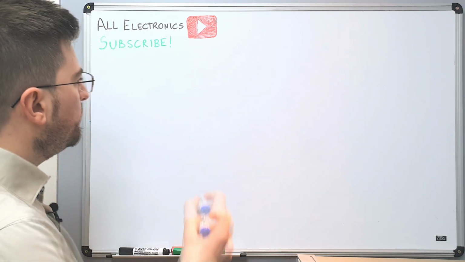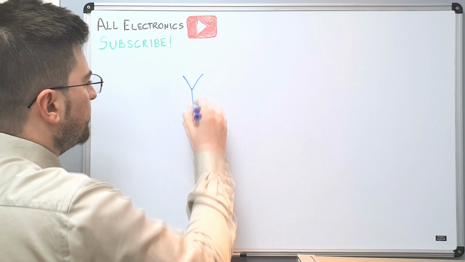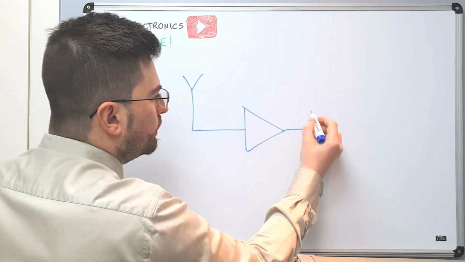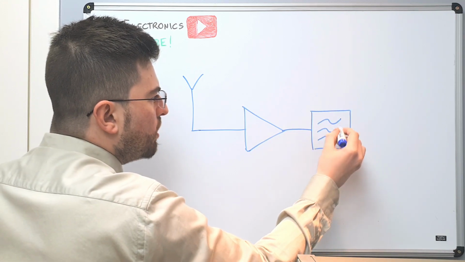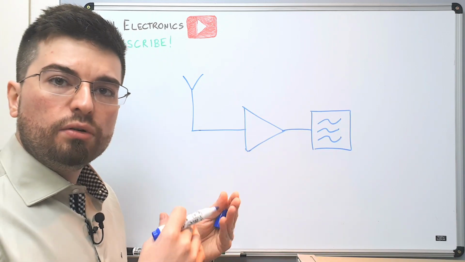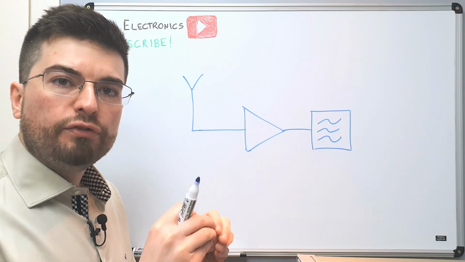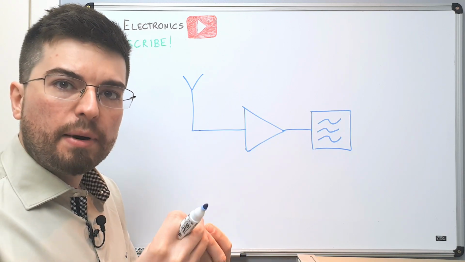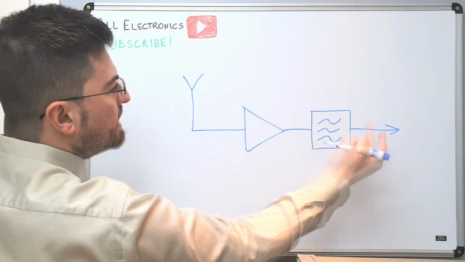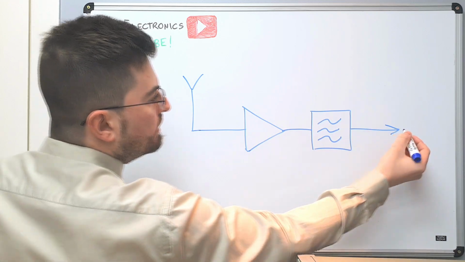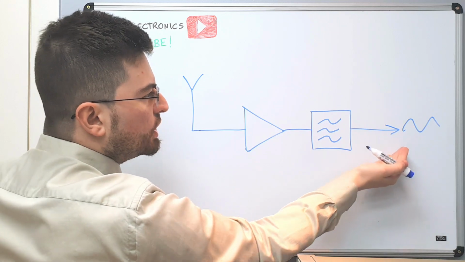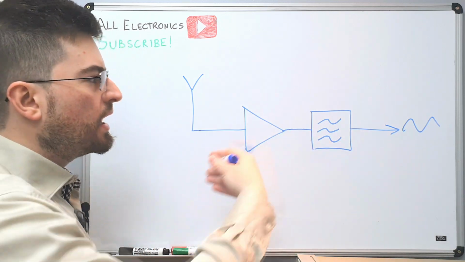We can draw a very simplified receiver, like an antenna going to an amplifier, going to a bandpass filter. We are going to understand later why it's important to always draw the bandpass filter in here, demonstrating that we are thinking about the receiver chain with the knowledge of the receiver bandwidth. And here we have the signal recovered from the antenna and amplified, so it can be used by the rest of the receiver. The demodulation chain, the IF section, the modulation chain, the DSP, all the other parts of